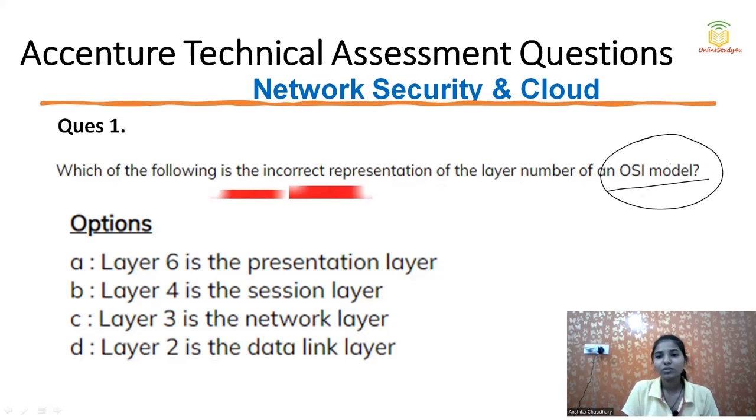What is the OSI model? Basically, in the OSI model, there are 7 layers, and these 7 layers perform different types of tasks. So, what is the incorrect option about this representation of the OSI model? What are the layers in the OSI model? Although you should know, I'm writing here. The very first layer, in the order generally given in books, is the application layer,